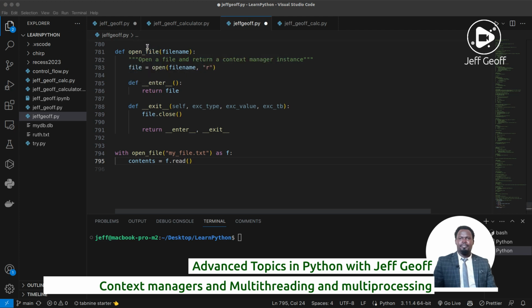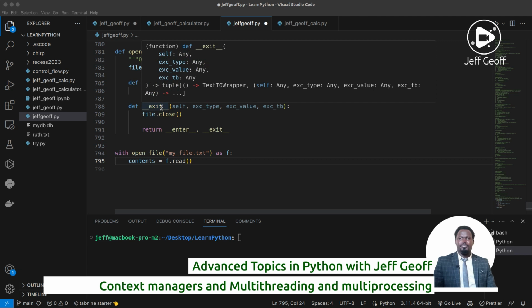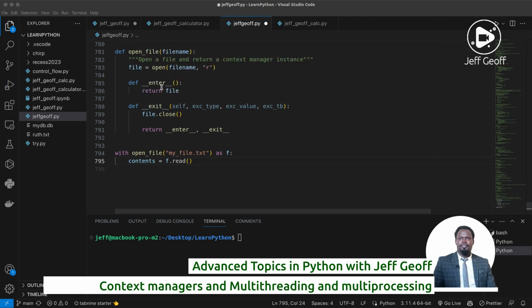the function open_file, and then the function takes the argument and returns a context manager. And the context manager is a tuple of enter and exit. Now, this enter function is called when this first statement